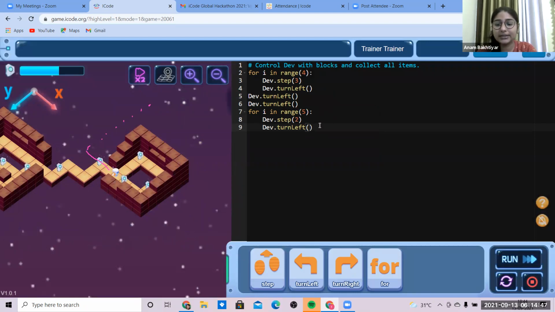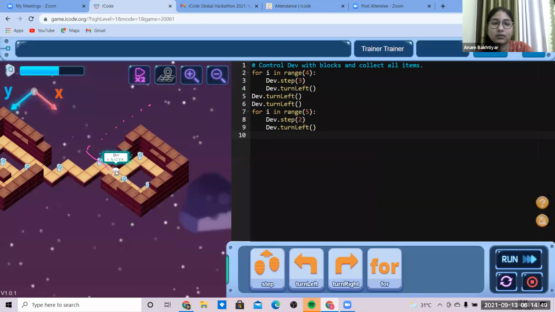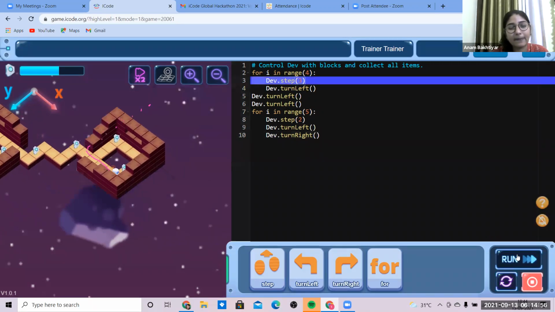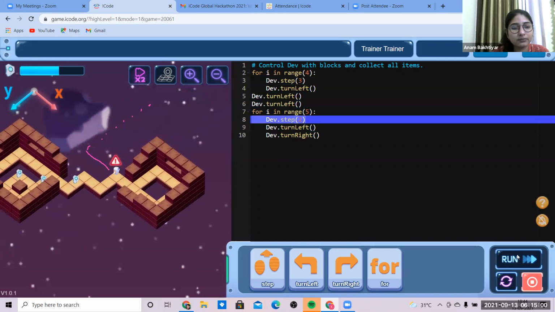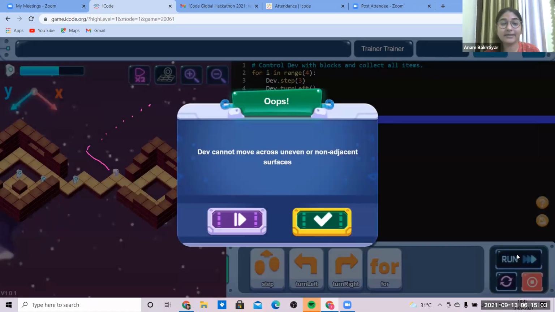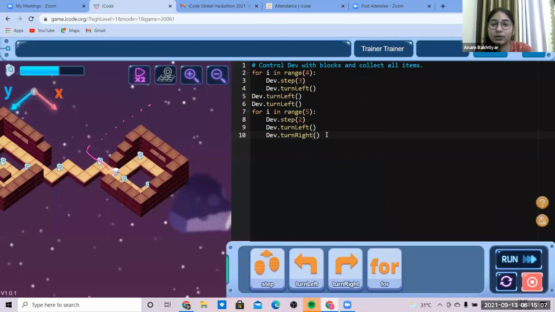So let's do it. Let's check whether this will happen or not. It's going back because I do not know. Now it has turned towards right, and that's not the right approach. So this is happening 4 number of times.